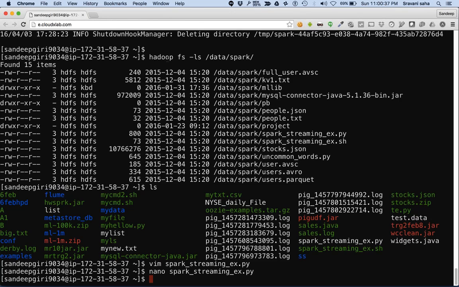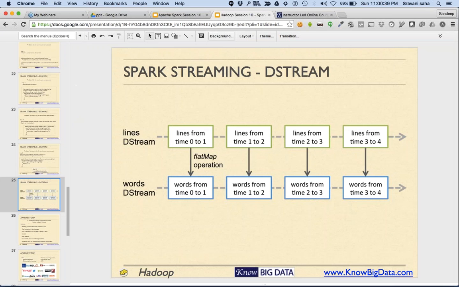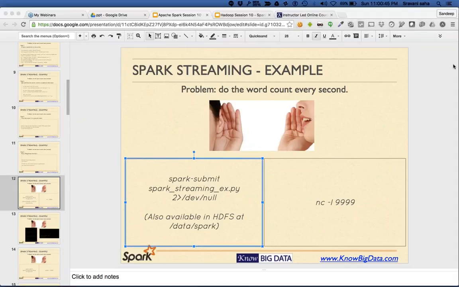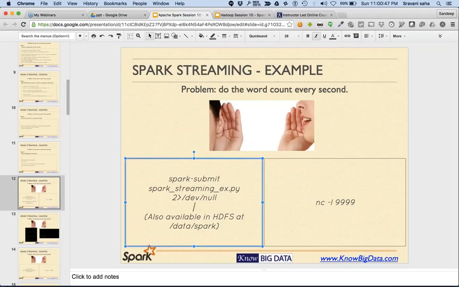So first of all, let's run this. If you look at the code here, this program is going to run forever trying to read the data from this particular port 9999, and then we start producing. So this side is a listener and this side is a producer. Let's first run our Spark streaming.